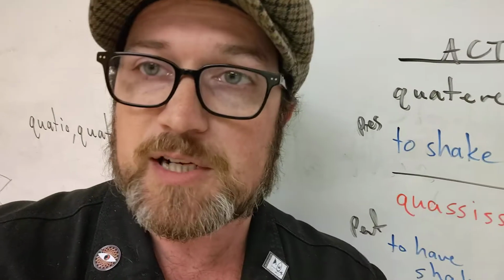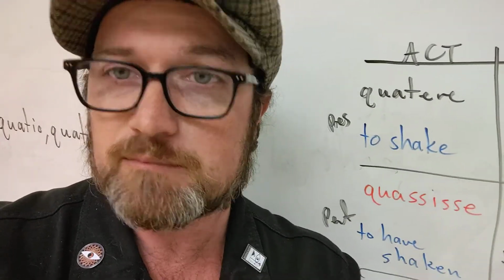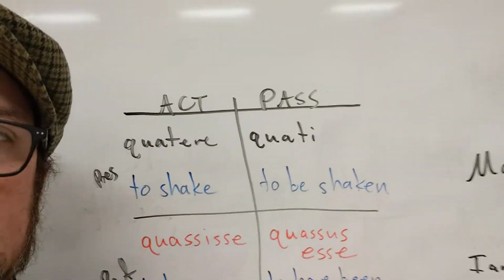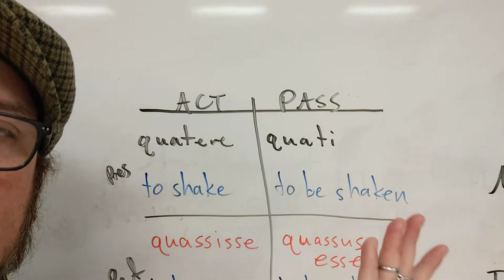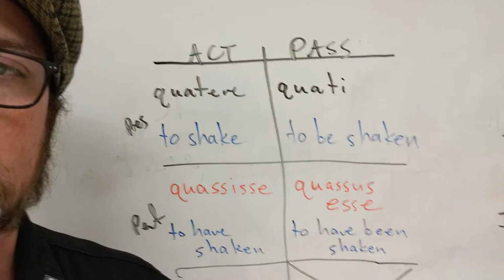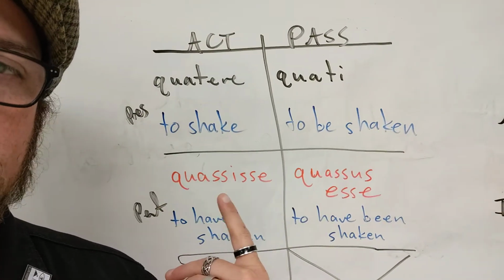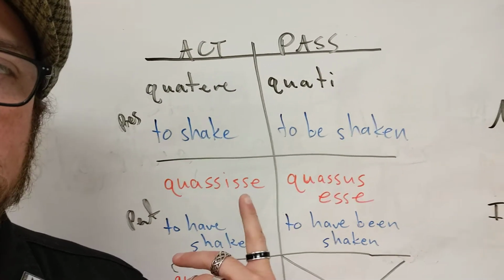But you can go watch that video and relearn that rule separately. All right? So that's what you do for the present, active and passive. We already know about that. Here's the new stuff. If you want to make a perfect infinitive, well, for the active, you take the perfect